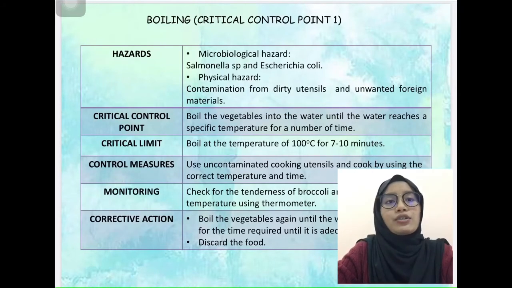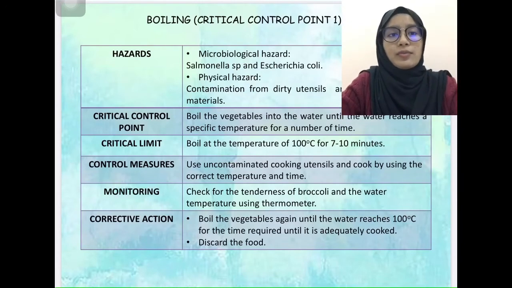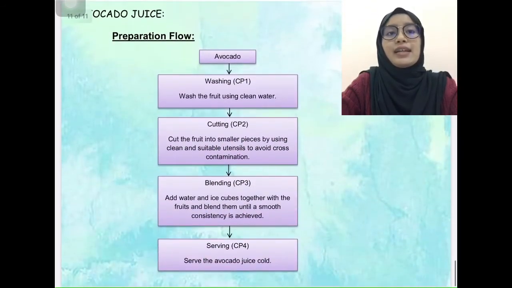The critical control point is to boil the vegetables until the water reaches a specific temperature for a number of time, with the critical limit of 100 degrees Celsius, and for 7 to 10 minutes. We need to make sure that we use the correct temperature by using food thermometer and check for the tenderness of broccoli. The corrective action that can be done is to boil the vegetables again, or to just discard the food entirely. And the last one is the preparation flow for avocado juice, in which there are no CCP detected